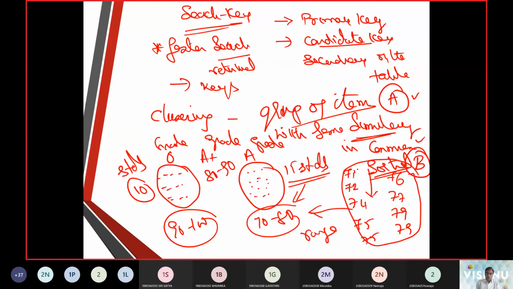Now you put the 15 students here: 71, 72, 74, 75, 75, 76. The commonality is that we sort the marks, 71 to 79, in ascending order. We call this a cluster.